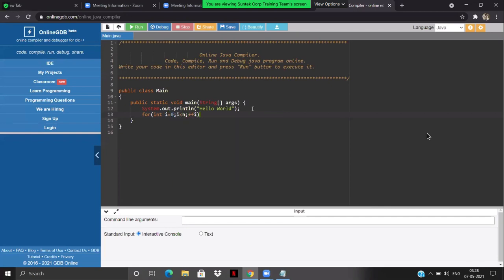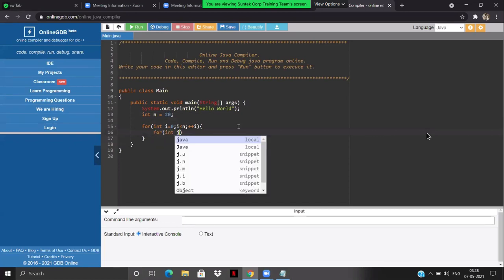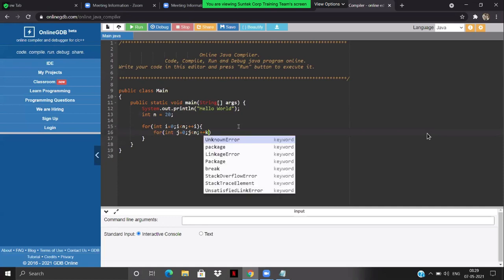Let's say I have this loop, and I have defined int i equals 0 to n, where n is equal to 20, since I have already. And let's say I do have an inner loop, j equals 0, j should be lesser than n.